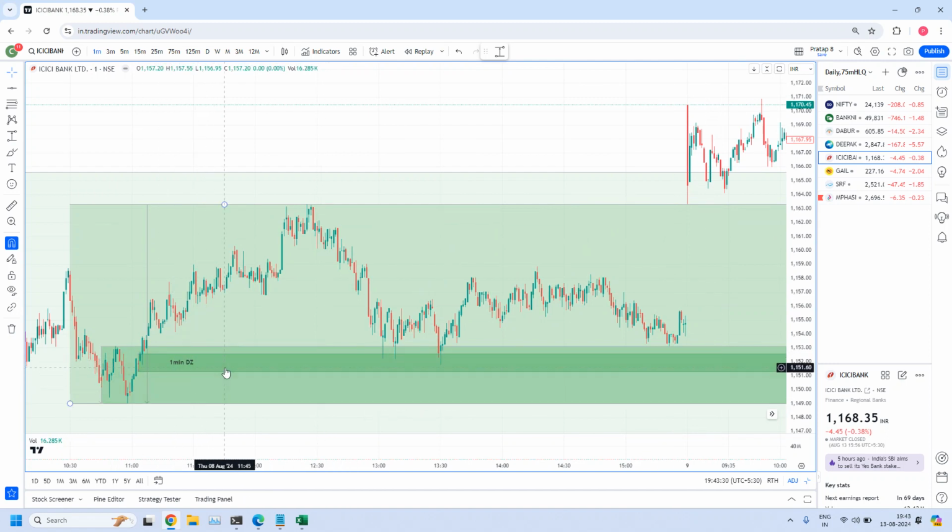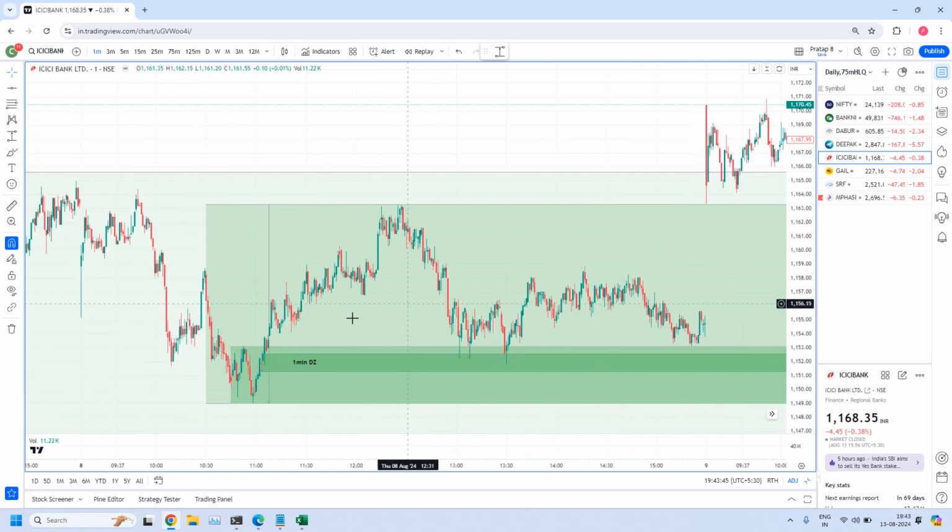I already explained, high liquidity zones can be used as aggressive trades. In aggressive trades you have multiple options. One is high liquidity zones. So this is not a fine-tuned zone, but this zone is a high liquidity zone. We can plan for an aggressive trade. So that's why I have drawn this zone.